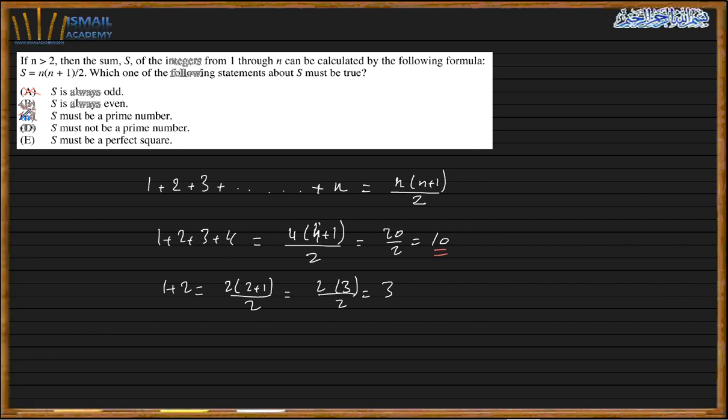It can be any number. So perfect square? No, as you see here, none of them is a perfect square. So those are not good answers. So that's me. The answer here is D. Next,